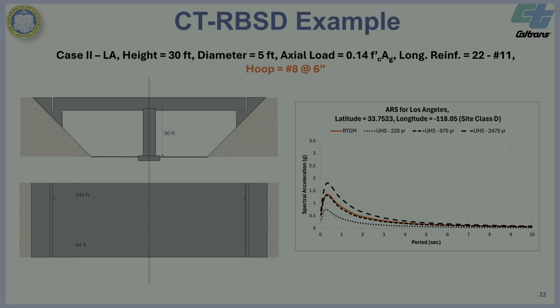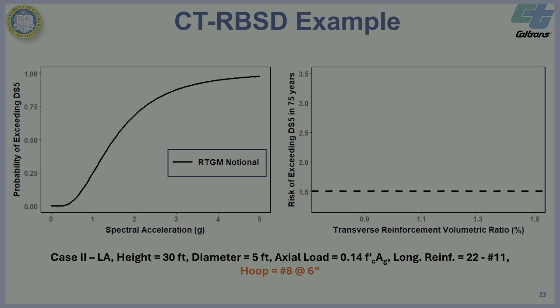So we would like to see what the design would be. This bridge is already designed, and let's see what the estimate for the risk would be if we follow our approach for assessing the risk. With risk-targeted ground motion, there is no assessment of the fragility curve. This is the assumed fragility curve for developing the UHS, and 1.5% risk is what is being promised by a risk-targeted ground motion development